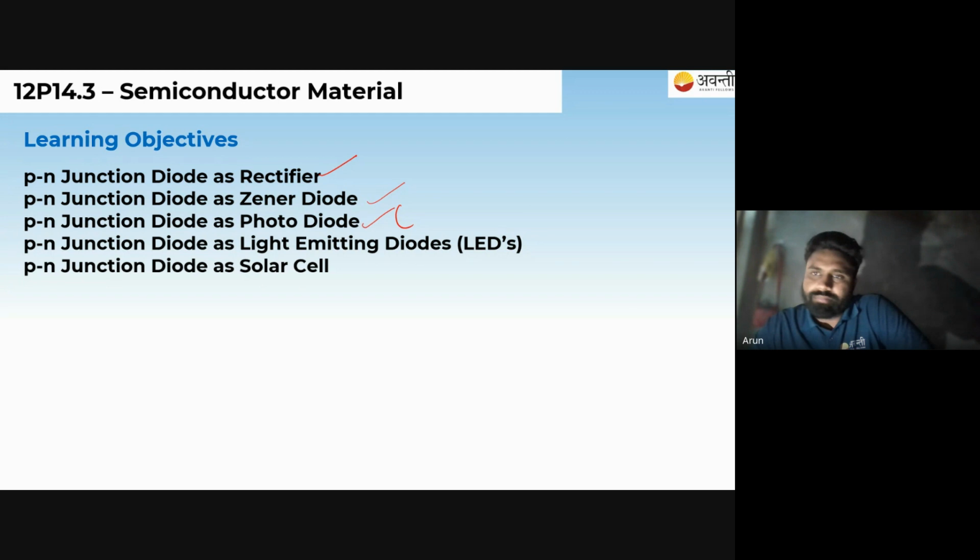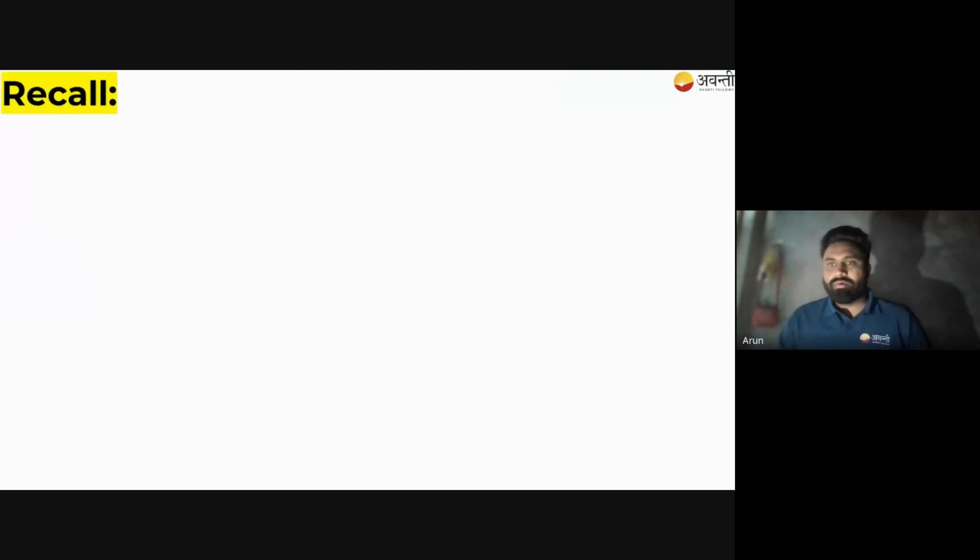Okay, for lighting purposes, LEDs you must be aware of. This LED is nothing but the light emitting diode. These are all diodes, PN junction diodes. And then we will see the PN junction diode as a solar cell. Okay. Now, for the rectifier, we will first recall some concepts from the previous topic that we have